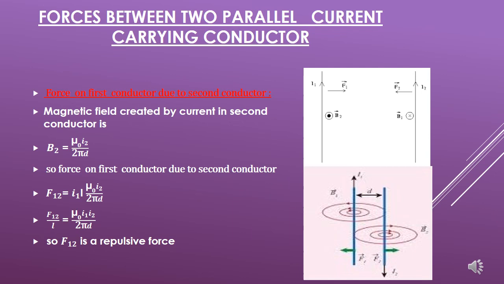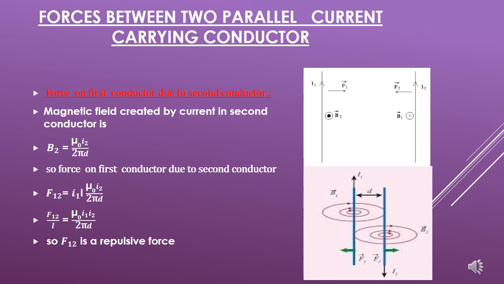If the direction of current is not the same, but in opposite directions, which is case number 2, the magnetic field is inside at conductor 2, so the force direction is to the right. At conductor 1, if the magnetic field is inside, then the force is to the left. So the two forces are opposite and there is a force of repulsion.